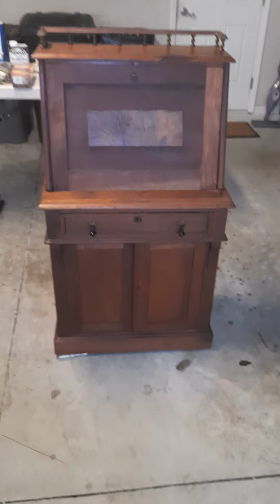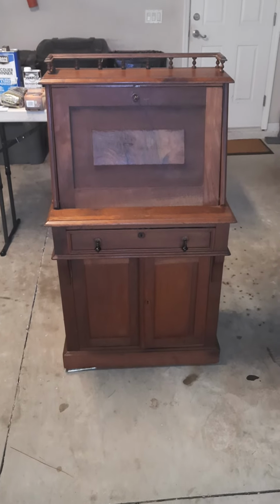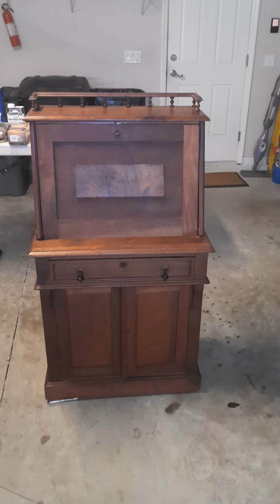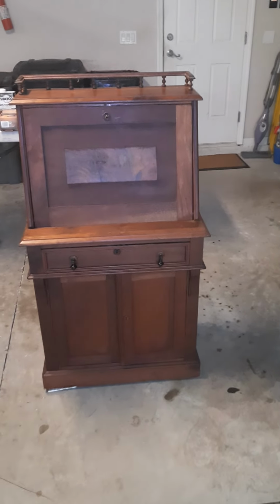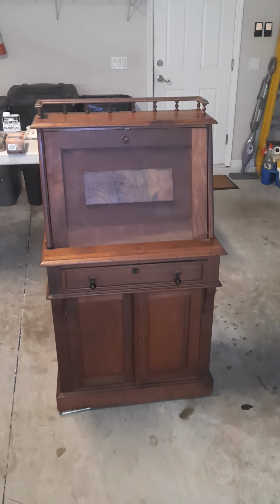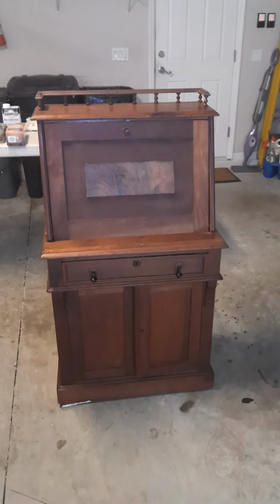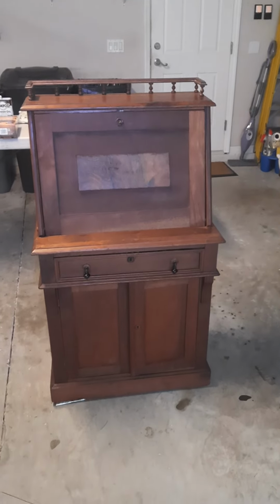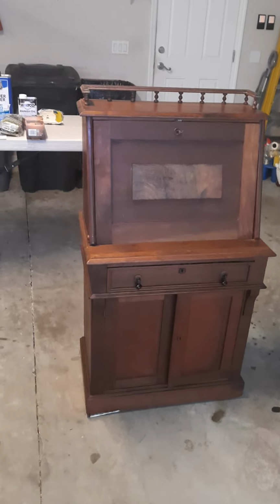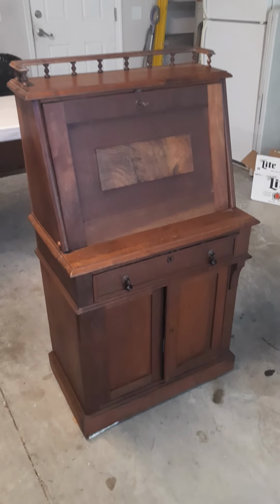August 23rd, 2022. This is a Victorian slant front desk that I purchased yesterday at an auction. And I'm going to be talking about the age and quality of the desk, as well as what's going to be required to bring the grain back in a mild restoration. What's really cool about it, a lot of things really, it's an extremely original, untouched